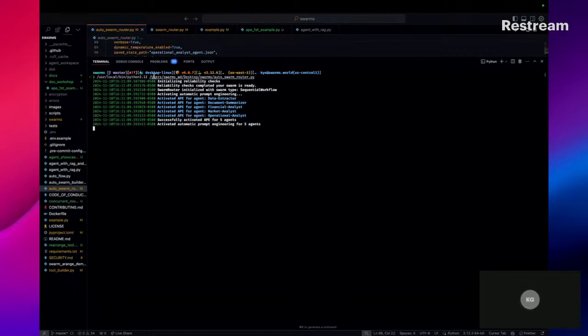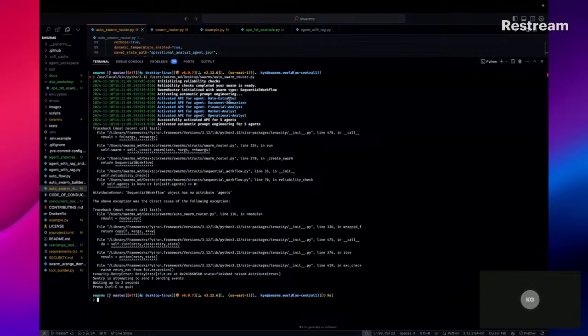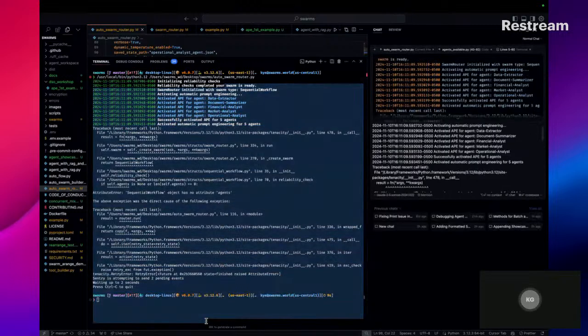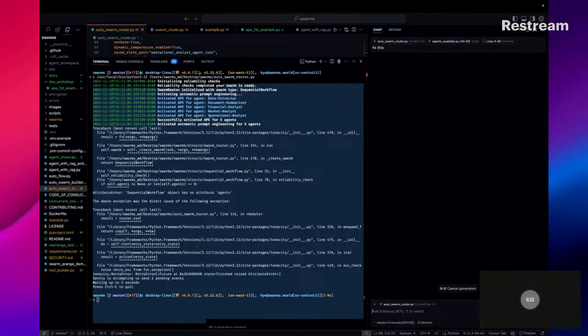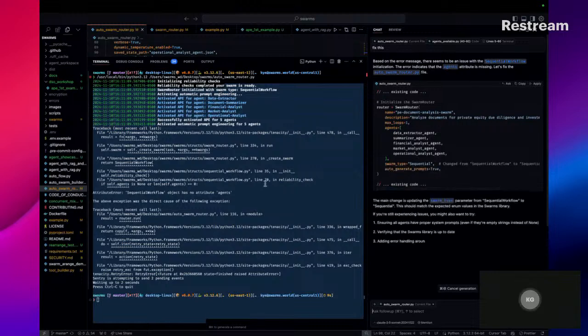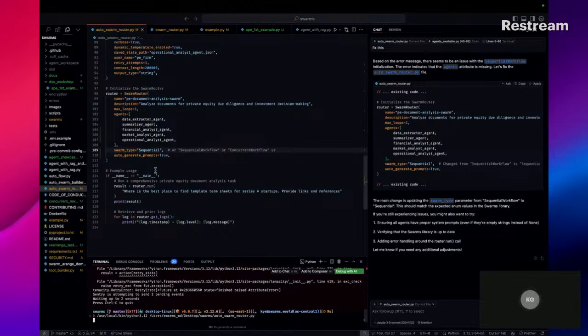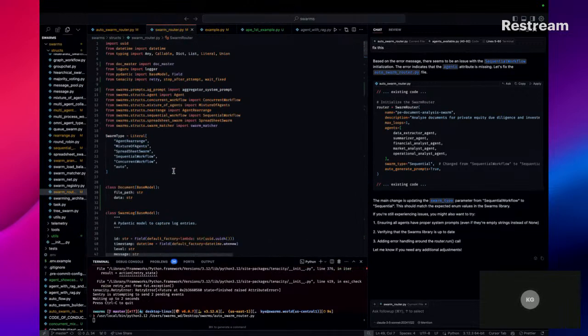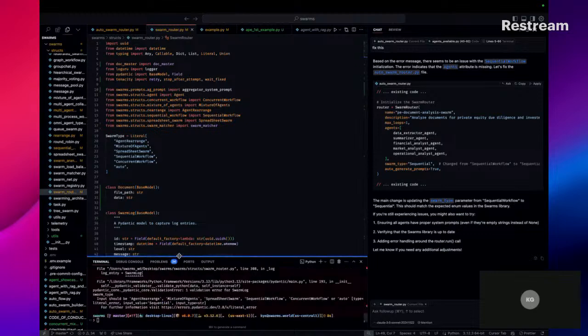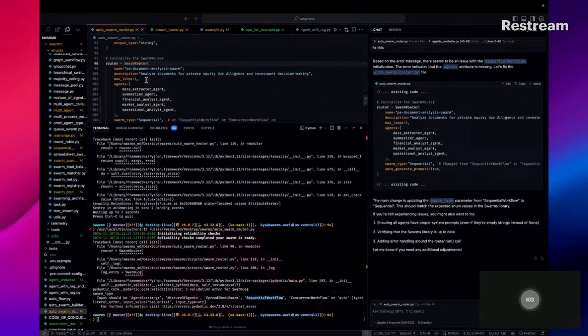What's going on? Ha! I see the problem. So it's not sequential workflow, but just sequential. Let us see. Yeah, that's what I figured.